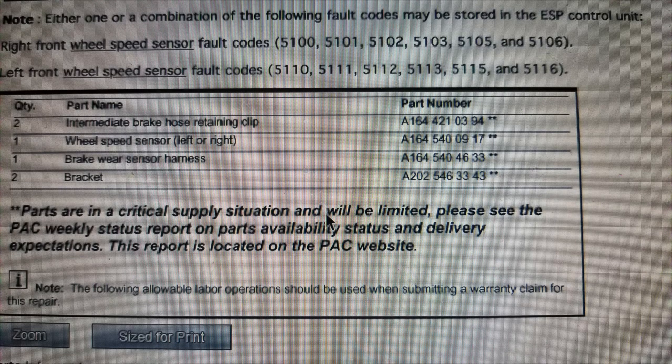So I'm going to show you that the fault codes 5100 all the way up to 5115 all deal with the speed sensors that may cause these error messages to pop up. Either one or a combination of the following fault codes will be stored, and it's 5100, 5101, 5102, 5103, 5105, and 5106 for the right front wheel speed sensor, and for the left it's 5110, 5111, 5112, 5113, 5115, and